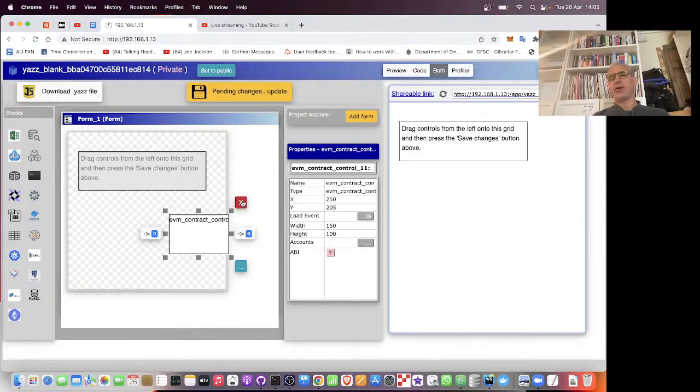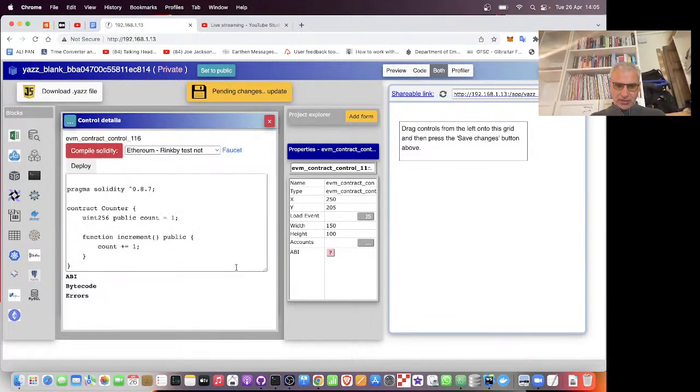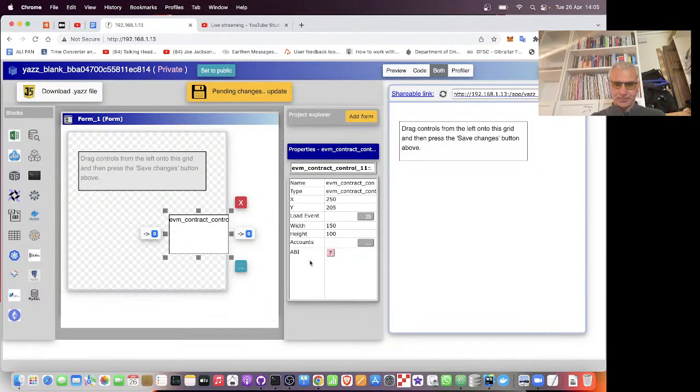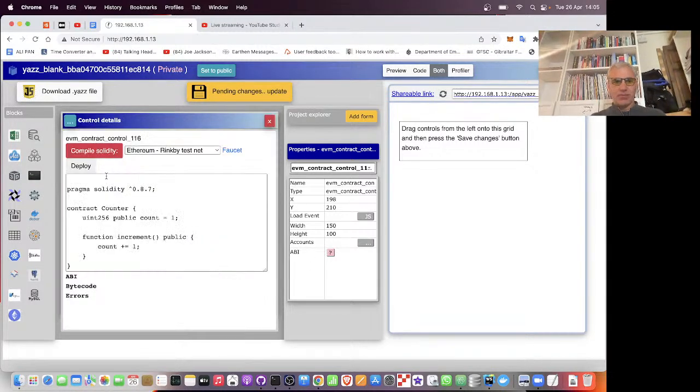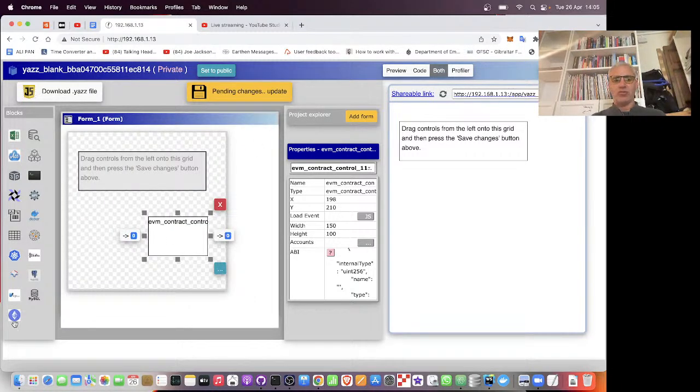There's two parents in this case. This is one parent, and the second parent is where we're injecting certain things. One of them is this ABI, because you can see here right now there's nothing in ABI, but when we compile Solidity we get the ABI. And yesterday what we did was we copied this control over to here, but we didn't have the ABI in there by default because